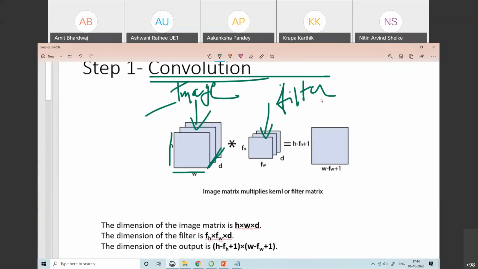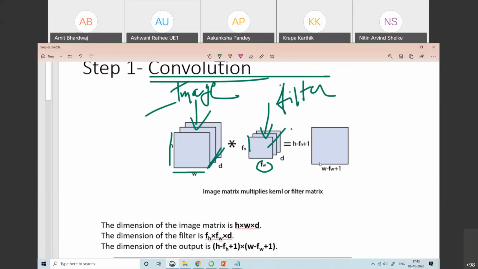Internally your CNN model selects different types of filters to extract different types of features. In case of an image we have many features like contrast, brightness, zooming, or texture, and specifically edges, which we want. Accordingly we have different feature filters. Next, this is the size of your image, and FW and FH: FW is the width of the filter and FH is the height of the filter.